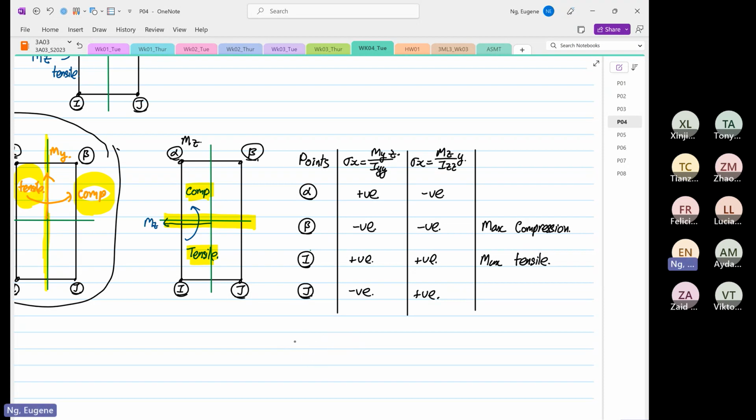Stress X at point alpha will never be equal to stress X at point beta, and stress in the X direction at point I will never be equal to stress X at point J. Because of this reason,